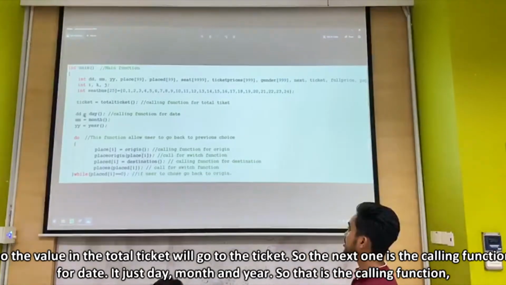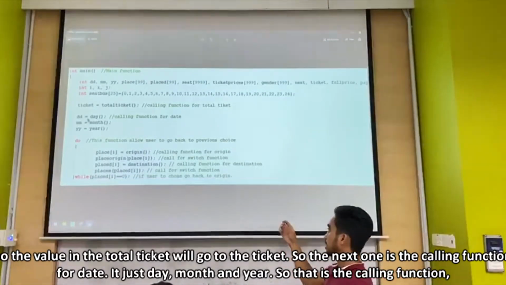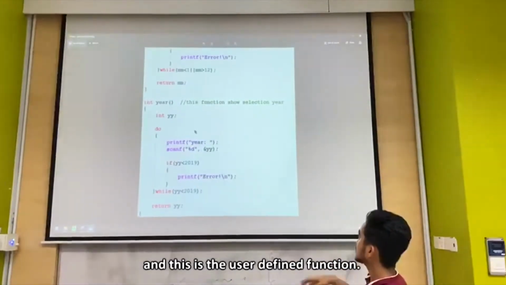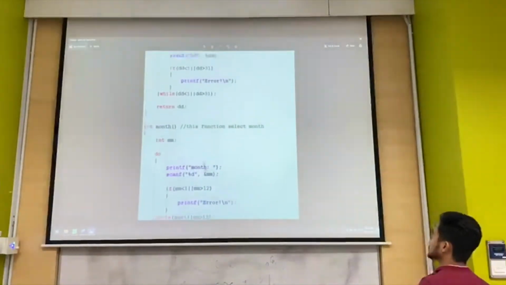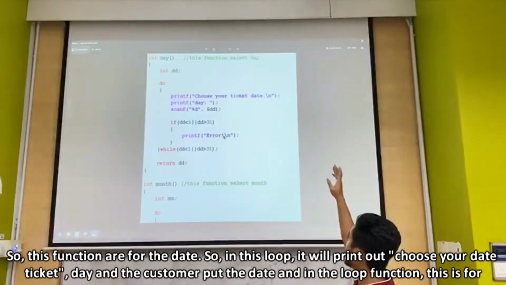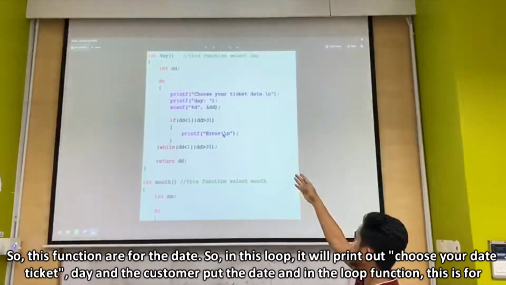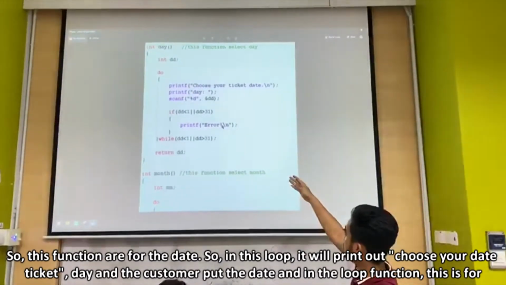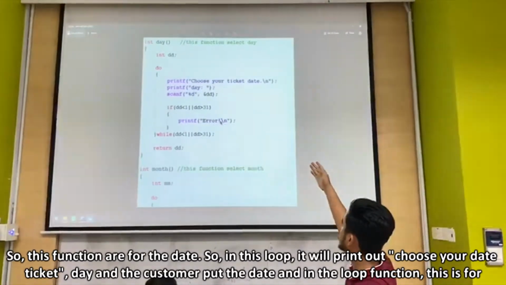The next one is the calling function for date, which is day, month, and year. That is the calling function, and this is the user defined function. In this function, for the day, it will print in this loop: choose your date ticket.